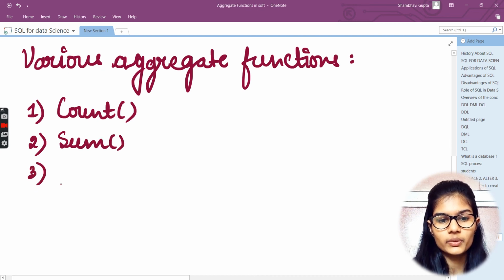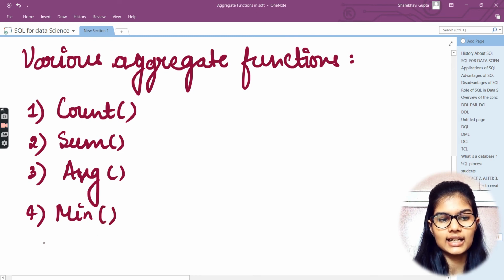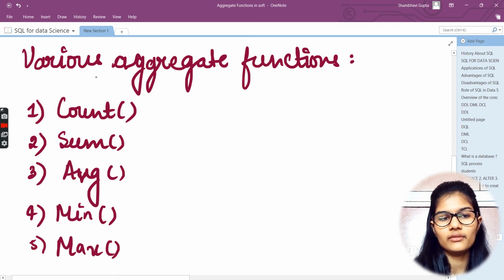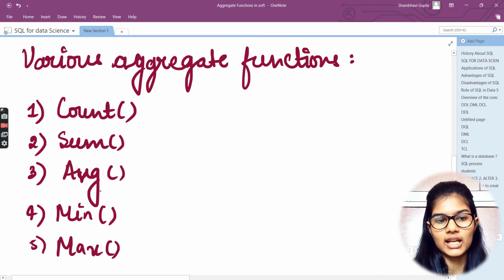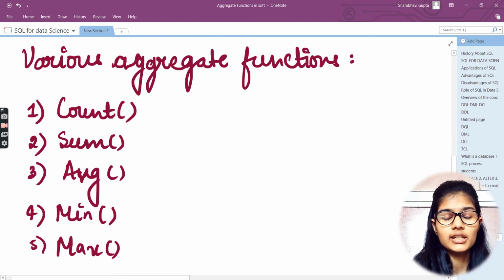Number three, the average, AVG. Number four, the min function. And at last, the max. So here we have these five aggregate functions: count, sum, average, min and max. These are the aggregate functions which we have in SQL.